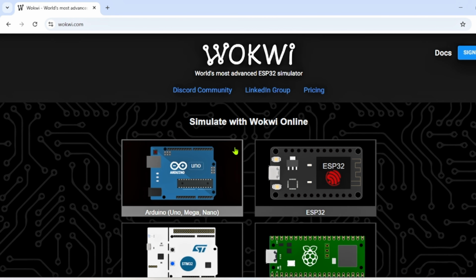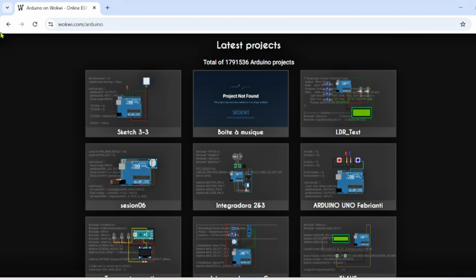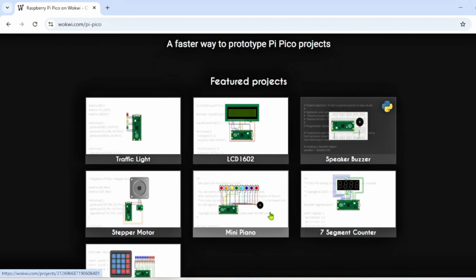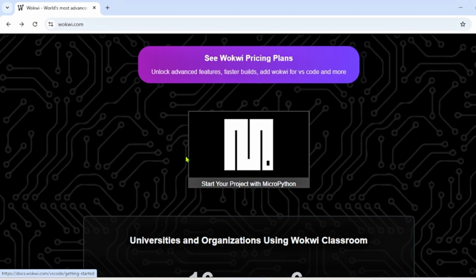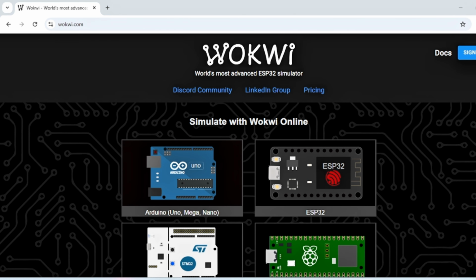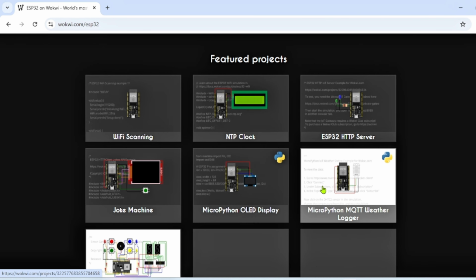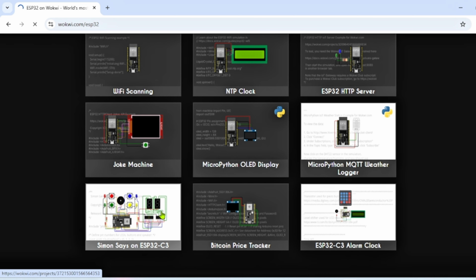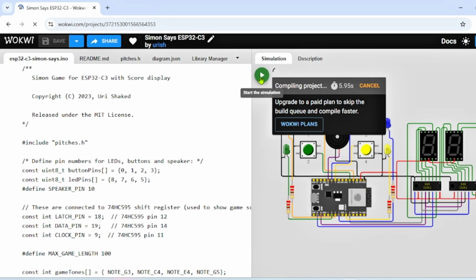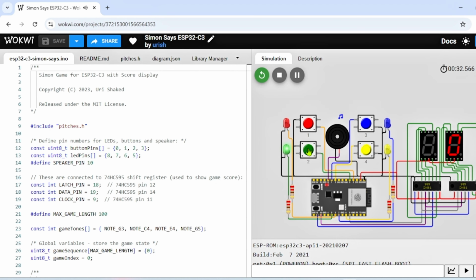As you can see, you just read and then you get to understand what everything is about. Any project that you click on, you can get the code there and then the simulated project too, and